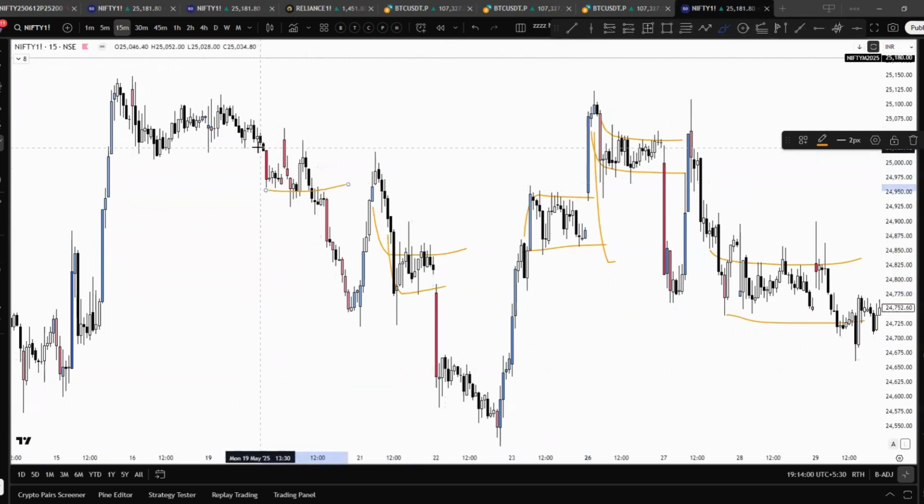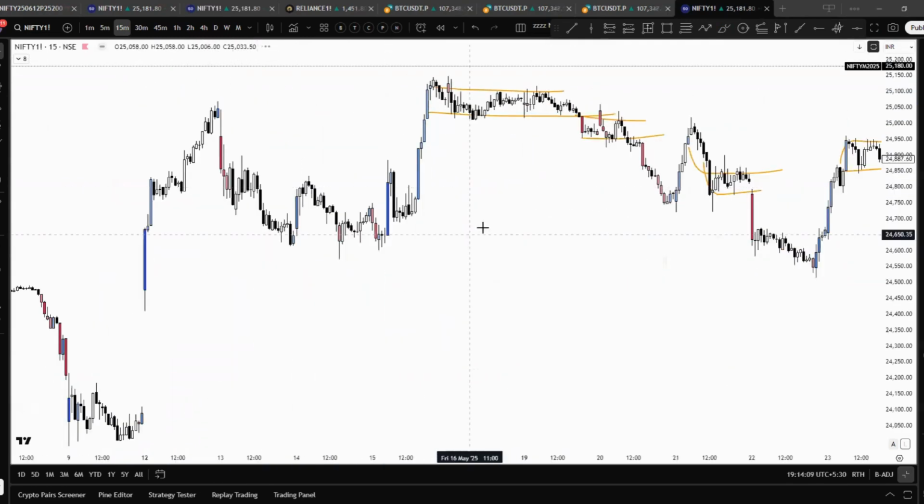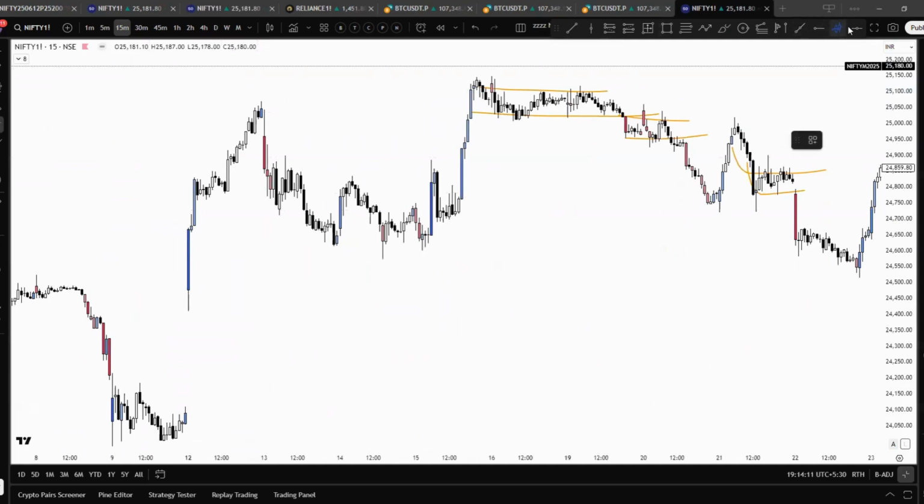I tend to mark these balances because they give me a context of where I should be interested. About 80% of the time the market is trying to find a balance, or trying to get accepted somewhere. So try to find those balances, and I tend to trade in between them.